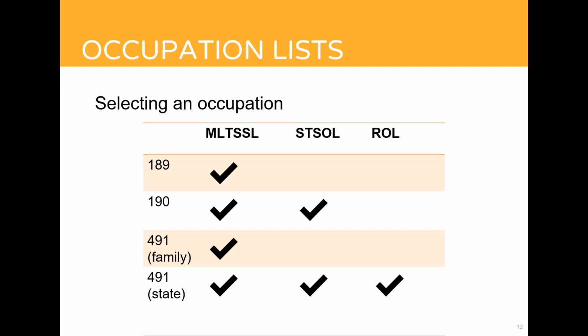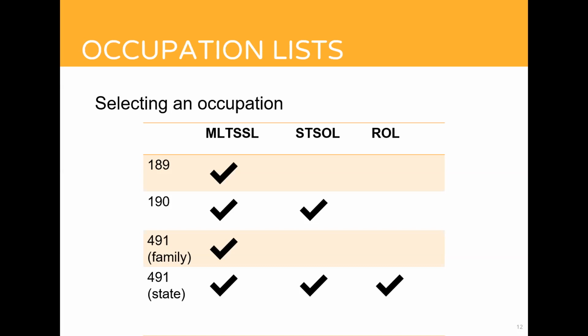And the regional occupation list has a very diverse range of occupations, ranging from managers down to dental hygienist, flight attendant, and jockey. So the ROL is available only, as you can see, for the 491 state-sponsored visa. So it allows states and regional areas to identify occupations that are in demand in that specific area, that are at a lower skill level than are generally required across the country.